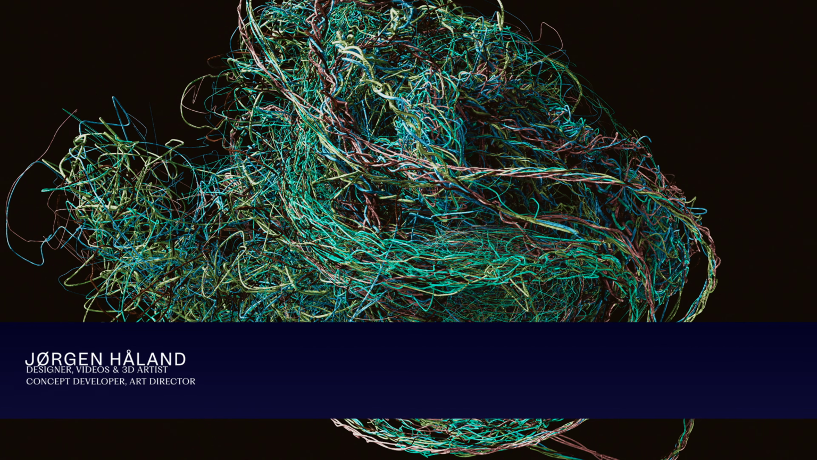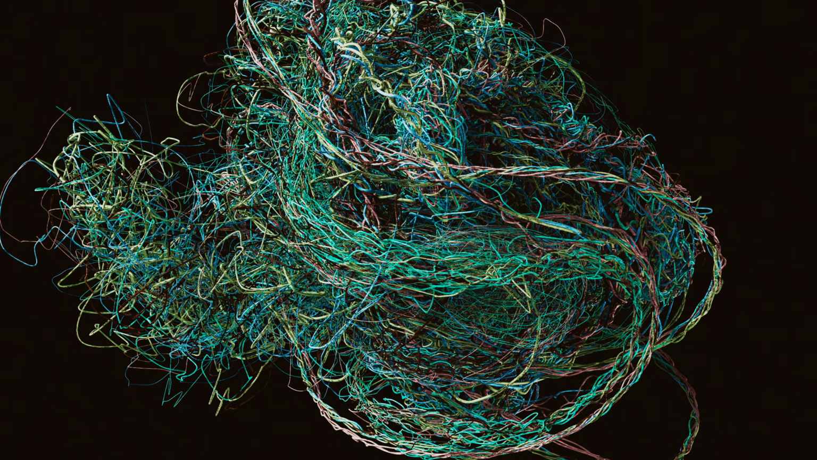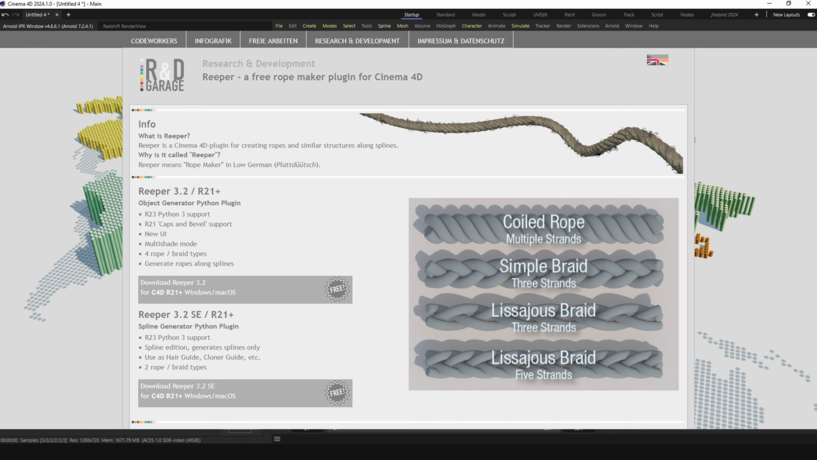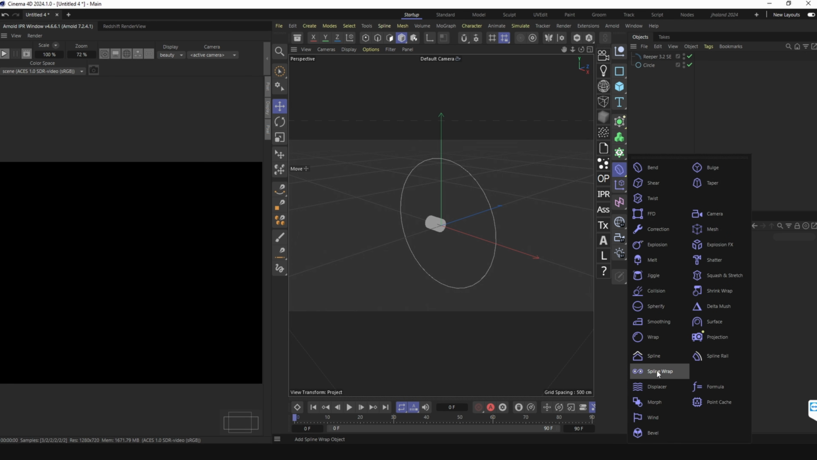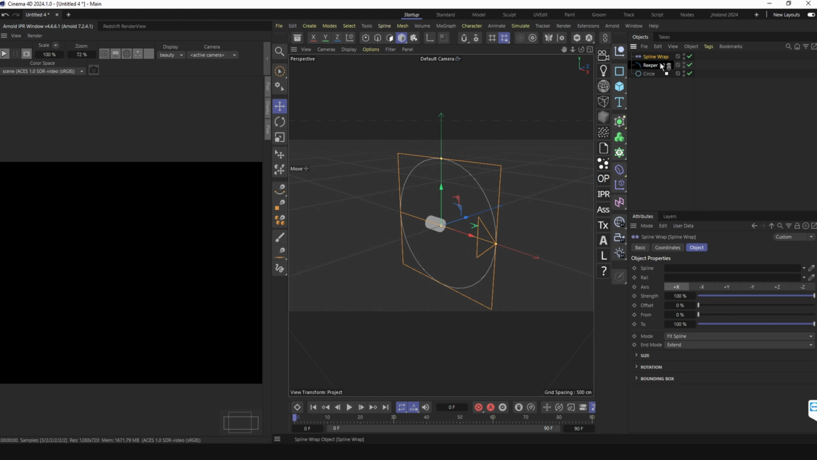Hi, my name is Arnold, and in this tutorial I'm going to show you how you can create messy ropes. For this tutorial you have to download Reeper. It's a free plugin. For the Reeper we need to use spline wrap. Add that to the Reeper,